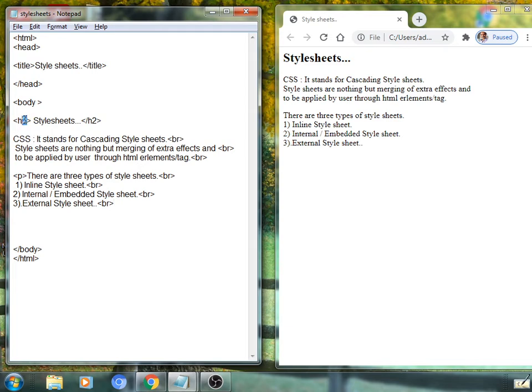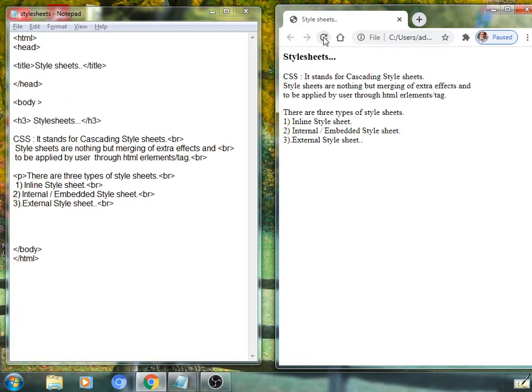If you want to change this, you can change some effects within this content, it is possible. Again save this and observe here. What we are applying will be displayed in a browser's window.